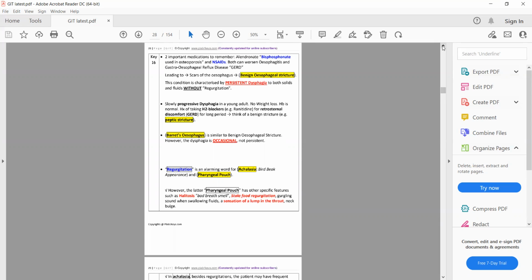And as from this example, you can see that esophageal stricture will have dysphagia for both solids and liquids. But there will be no regurgitation because the esophagus is narrow due to stricture formation. The food will pass forward but slowly. So there will be dysphagia but no backflow of food. So if someone with a history of